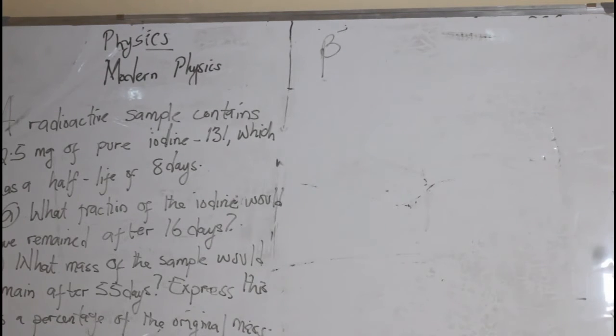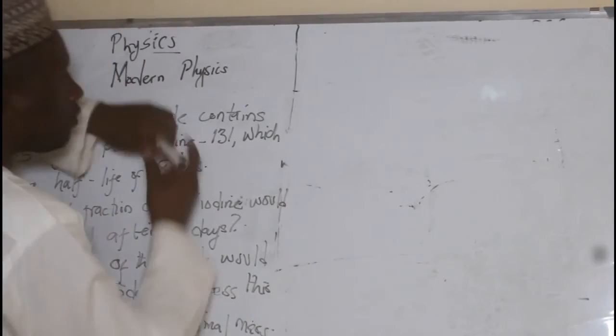Some elements are naturally radioactive. You get the element, you keep it here, and it will start emitting this particular radiation. Some you have to bombard. You have to target them with possibly, let's say, a neutron. Those that are naturally radioactive are what we call natural radioactive materials. The artificial radioactivity is, for example, if you bombard uranium with a neutron. By targeting uranium, for example, you have